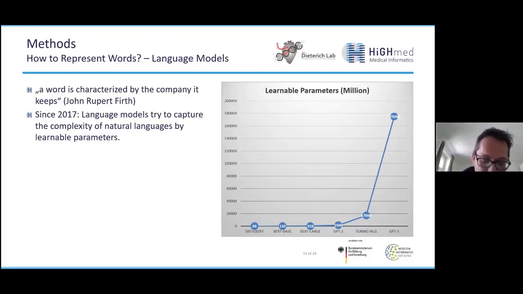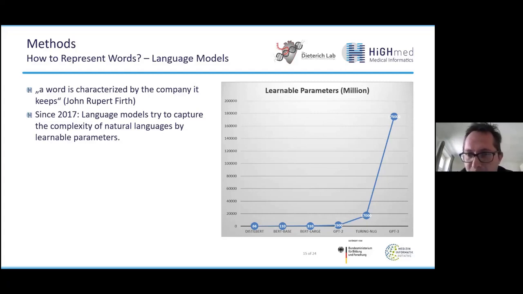And such a language model tries to take context into account. So instead of representing a word as a single word embedding, we use a whole deep learning model for representing an input sequence. You always input a whole input sequence into this model, and then the model assigns to each of the input words a numerical representation. But it does that by always looking at the context. So not just the single word, but always looking at what the rest of the input words are. And this of course makes language models quite complex.